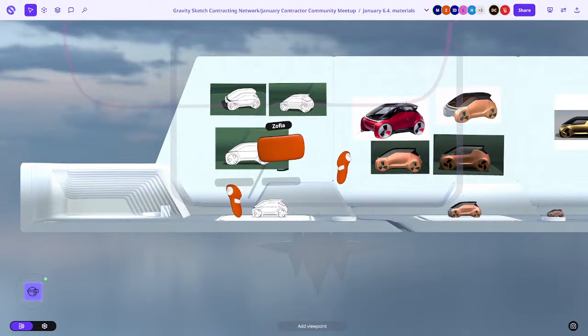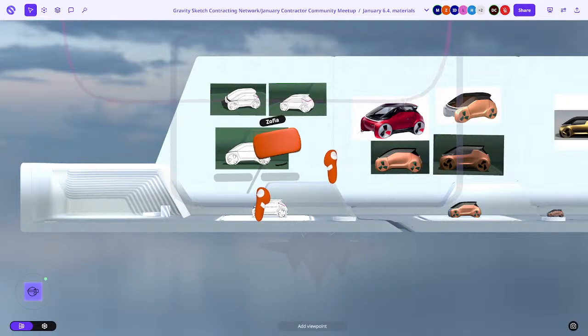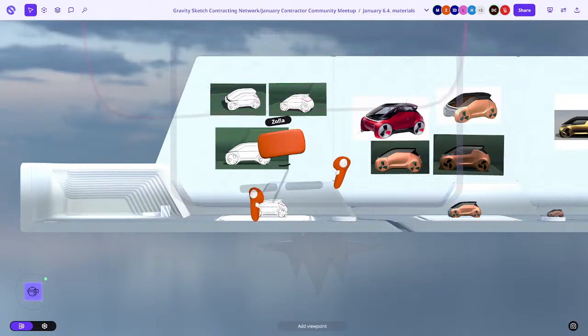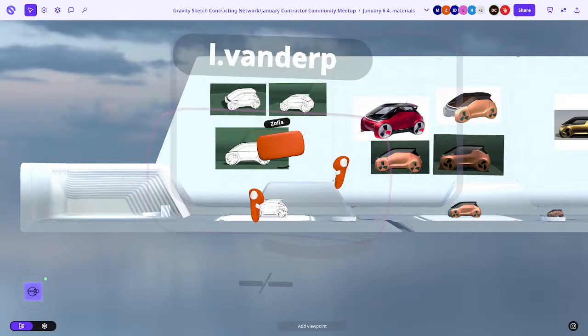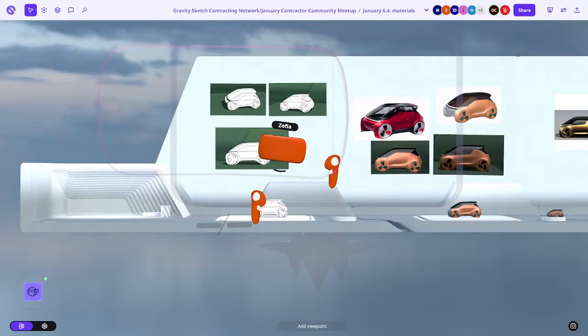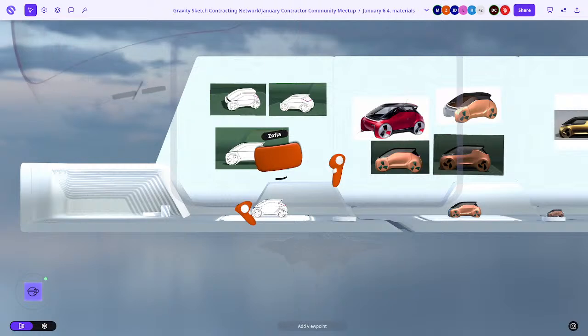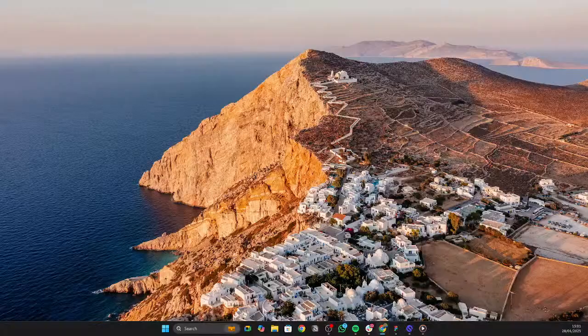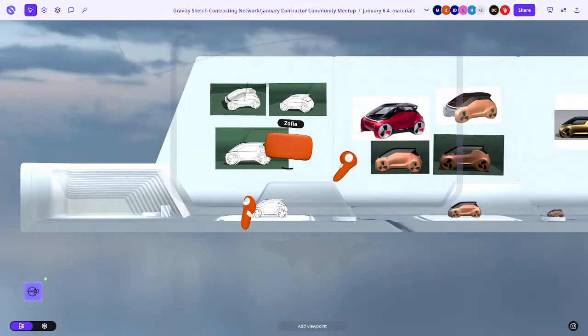At Gravity Sketch, our mission is to empower creators, and each of you plays a crucial role in making that vision a reality. Whether you're teaching enterprise teams, students, or freelance designers, your expertise and dedication help shape the future of 3D collaboration. I also want to welcome our community joining us on YouTube Live. This is a great opportunity to learn about some of our newest material features, and also to learn effective communication skills when it comes to Gravity Sketch. Today's session is designed to bring us closer as a network and provide tailored feedback to help refine your